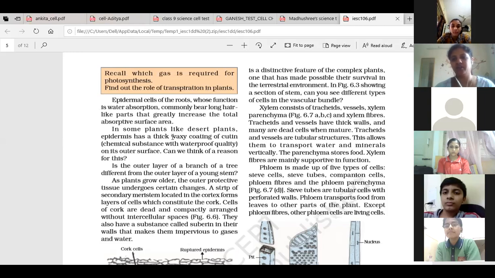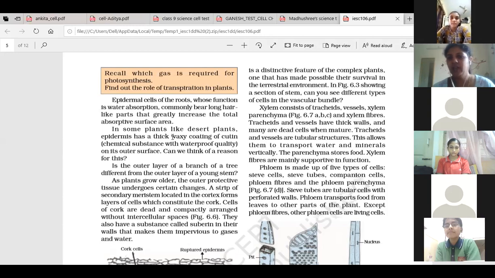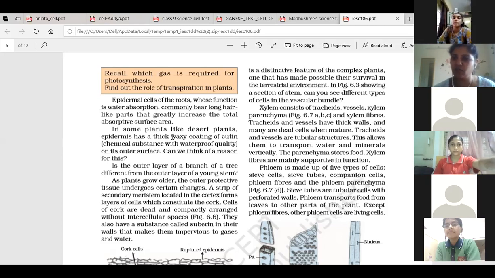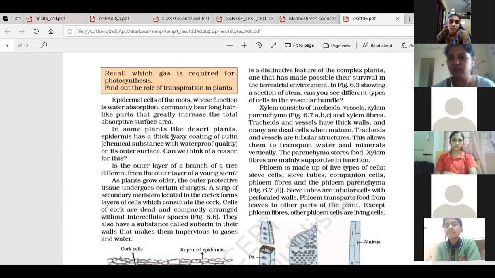So the amount of water should not move out, because desert plants need more water as they have to store it. Other plants take in water and again give out more water. But in the case of desert plants, the input is not there. They get very little water. So water loss should be prevented in desert plants, and for that, some modifications have been made.